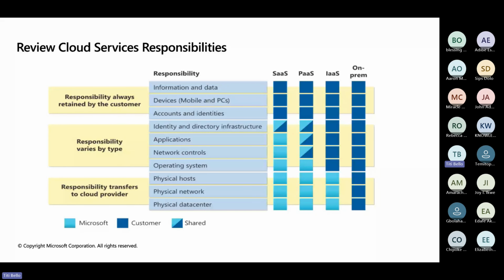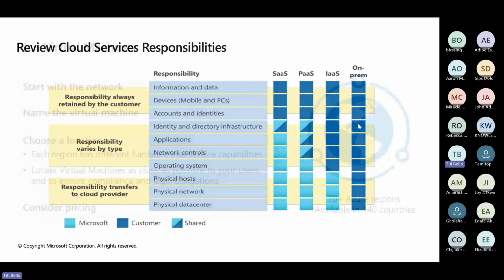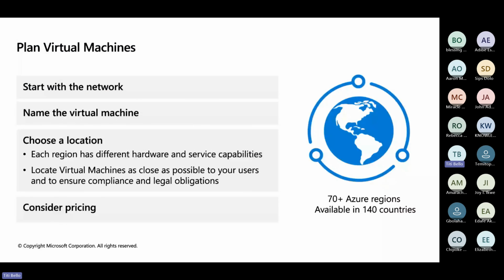Responsibility varies by type. Responsibility transfers to cloud provider. So one of the beauties of IaaS or the on-premises, you see the on-premises one, where my cursor is, everything is blue, because it means that, on-premises, responsibility transfers to cloud provider. You can see everything is blue here,